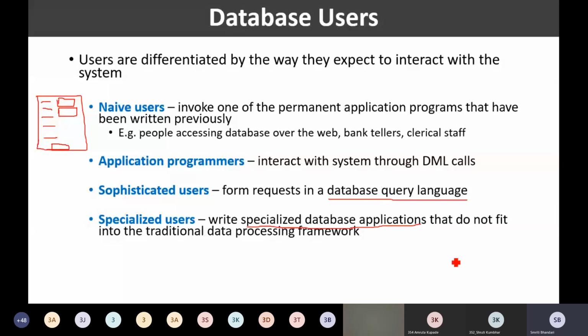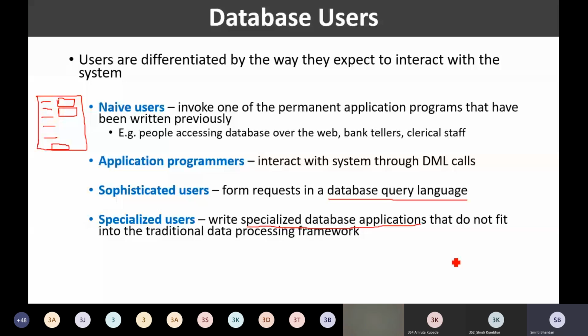So such kinds of expert systems, or as I mentioned, some kind of computer aided design system, make use of data, right? Or the database systems are actually making use of some complex data types. For example, some graphical representations, some audio data, some video data, and by making use of such kinds of data, they are building some database applications, right?